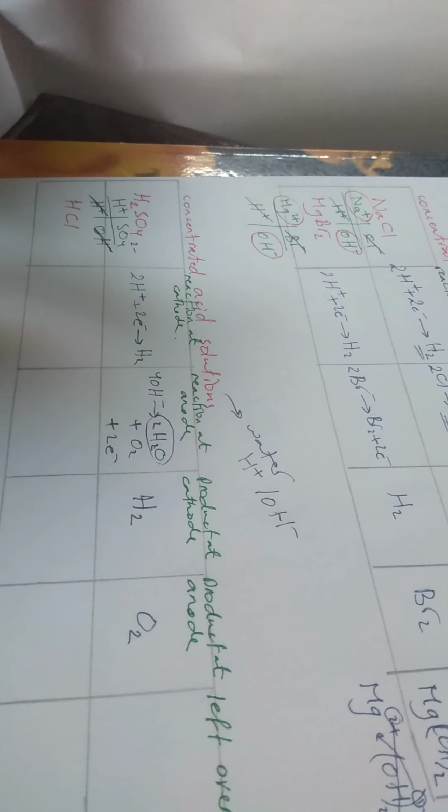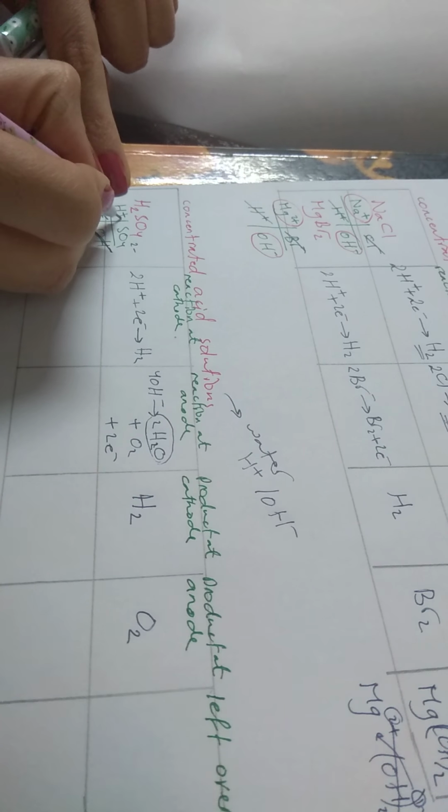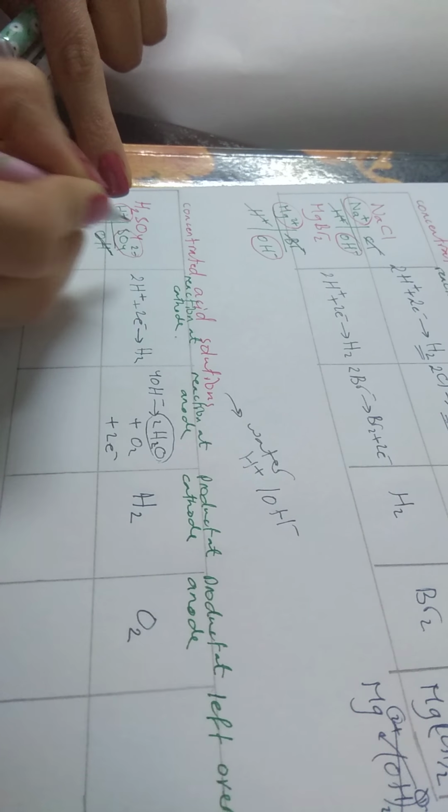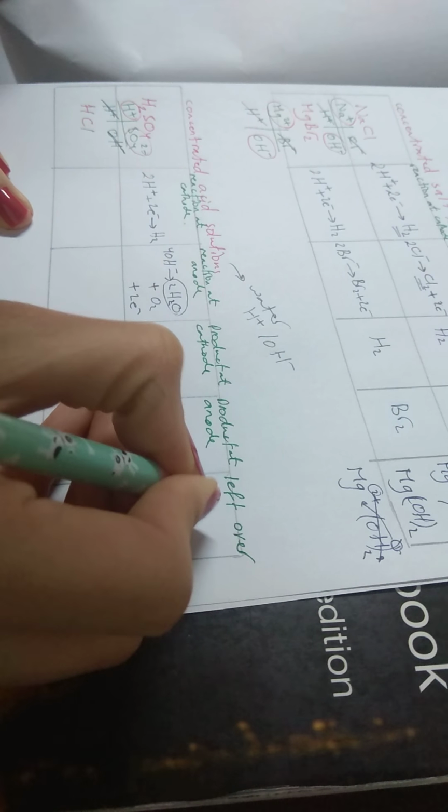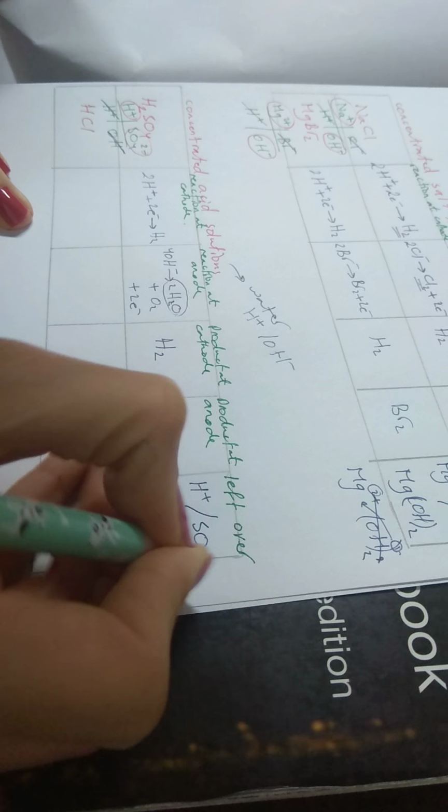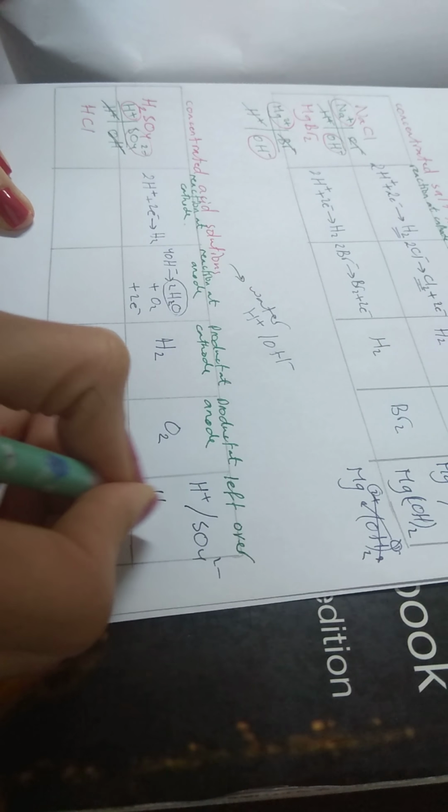The leftover, the H plus and the SO4 minus 2, which will give the H2SO4. The second one,